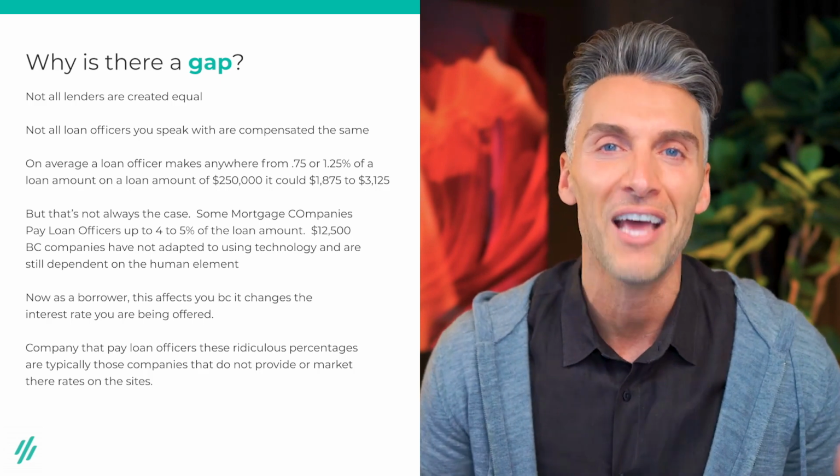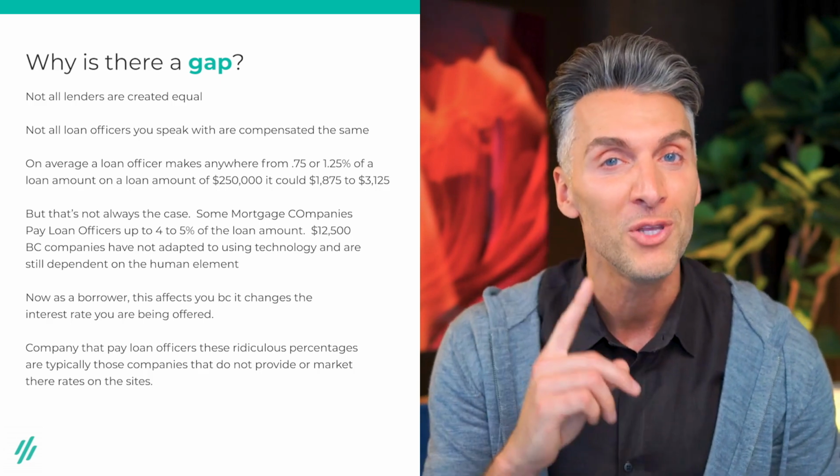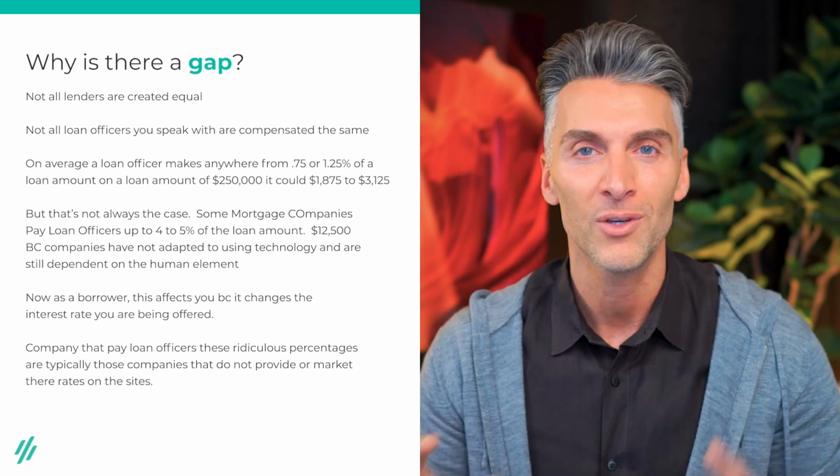But this isn't something you can dive deep into to figure out, but you can see it based on how they operate. Companies that have digital, online, transparent solutions, like mortgage interest rates quoted to you within seconds, companies that offer digital online applications that you can complete in 10 minutes instead of 4 hours, those are the things you want to look for. And these are the questions you want to ask a company: how do you go about the mortgage application process? Do you offer instant online interest rate quotes for me? And if the answers are yes and yes, now you have an idea, okay, this company is a newer company, they are using technology,